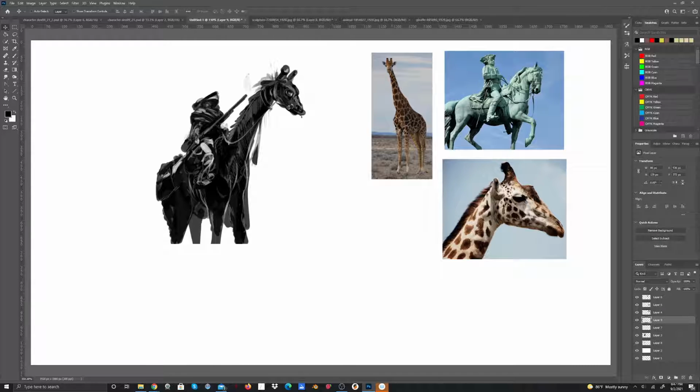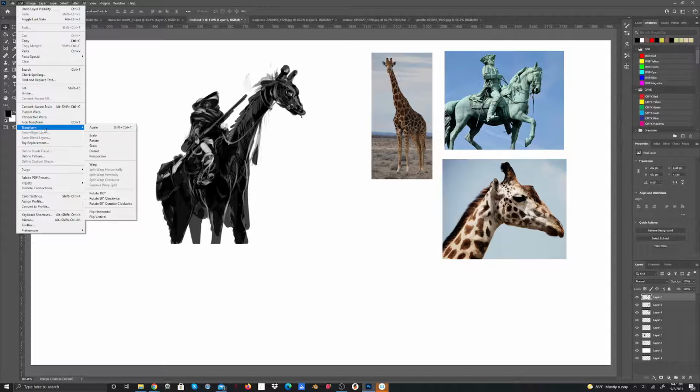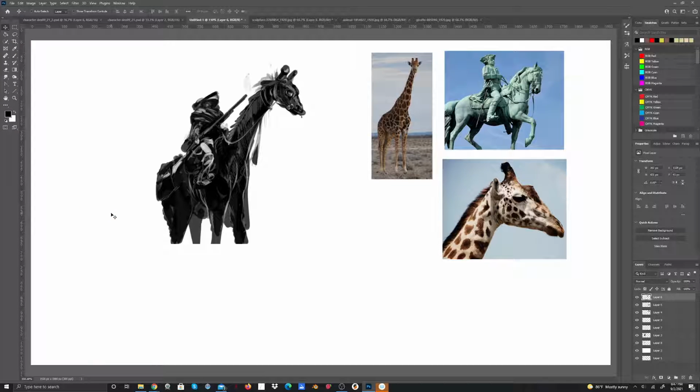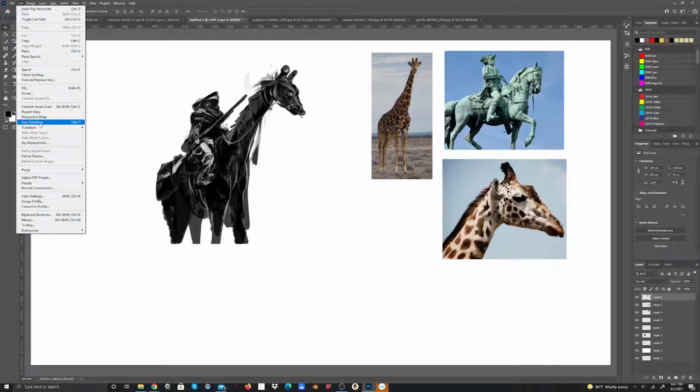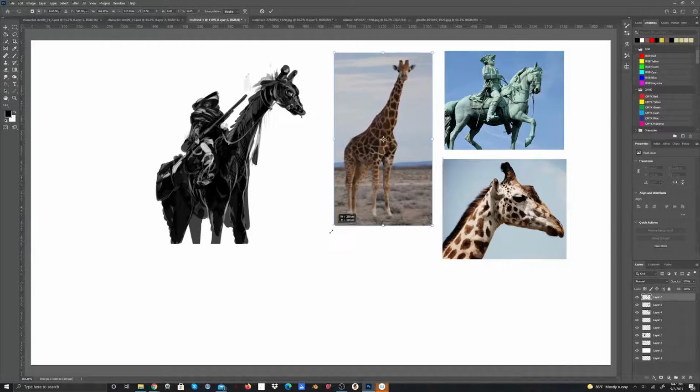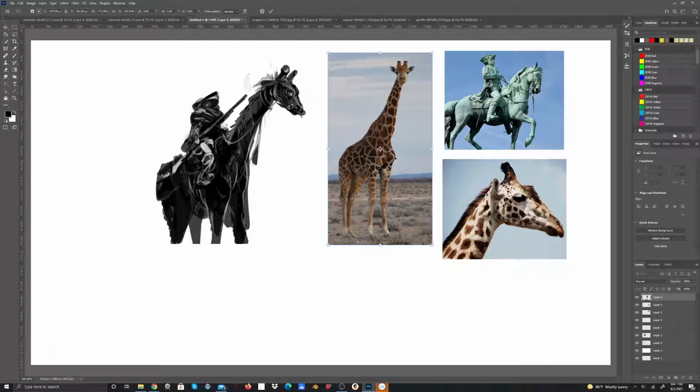I'm going to focus on the giraffe. Edit. Flip horizontal. And I'm going to edit, free transform. I'll make this a little bigger so I can see. I'm trying to see what's going on in here. All right, so on our zebra,